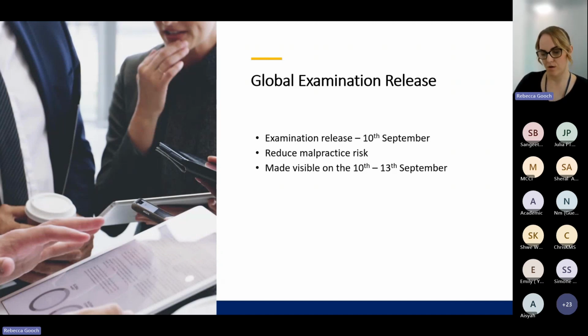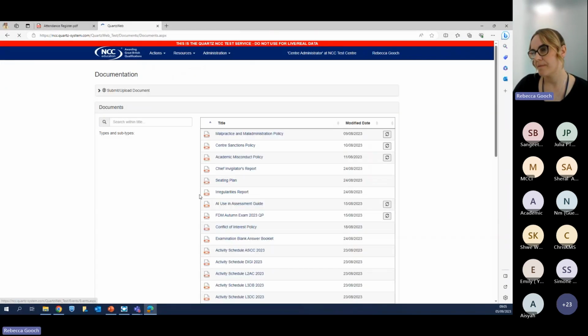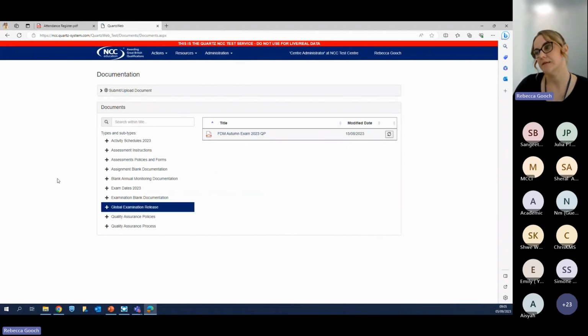So where do you view this on Quartz? If you go to your homepage, under live assessments, you will see global examination release. Here you will see all the question papers in relation to the qualification that you are accredited for. So you won't see every single examination paper for all of our qualifications, only the question paper that you are accredited for. For example, if you are accredited for level 3 DC, you will only see the question papers for level 3 DC global examinations in this section. You're then able to download the PDF and print it out